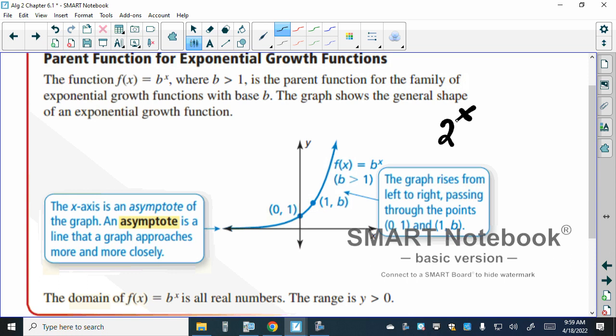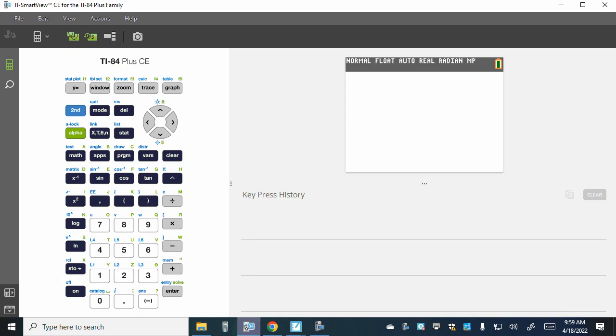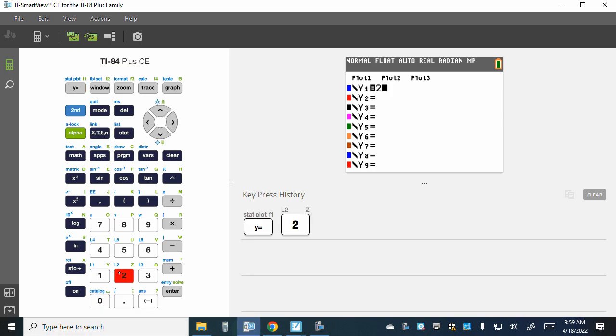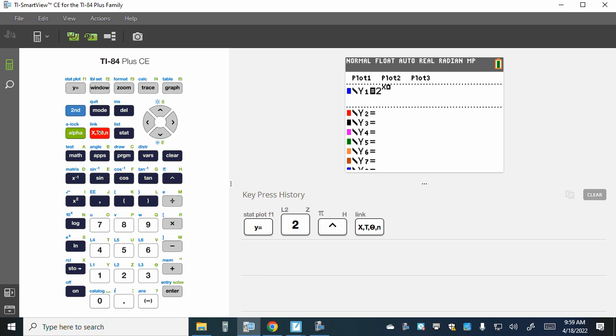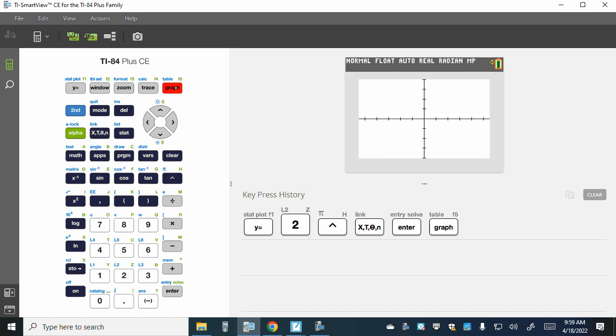And they say this is exponential because the values for this function are going to increase at a faster and faster rate. So if we looked at, say, 2 to the x, so y equals 2 to the x, and said graph. Well, we can see here it increases faster. Now, if we look at the table,